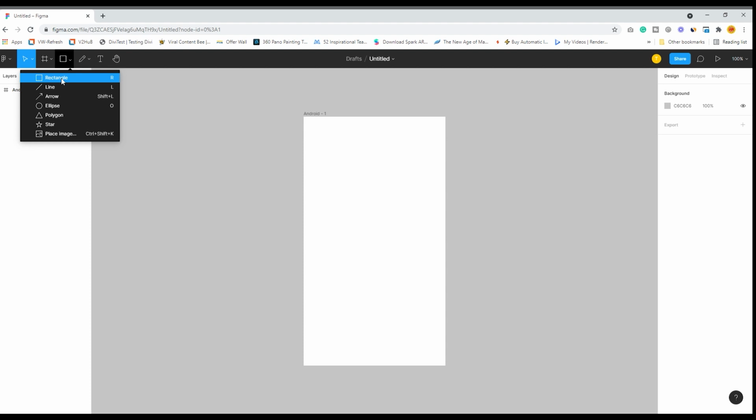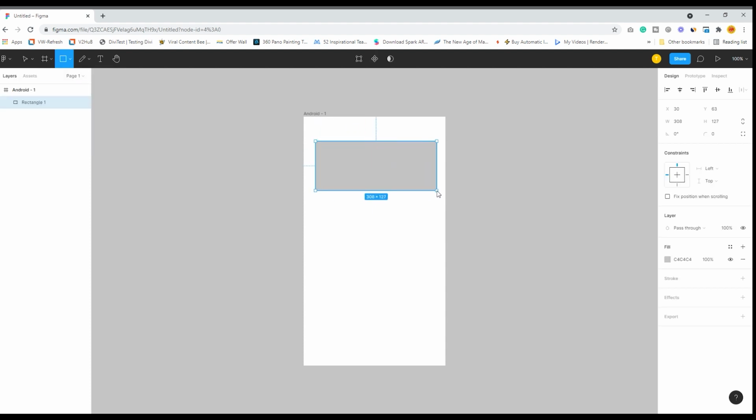So pretty simple. If you click on the rectangle, you create a rectangle. If you see, as soon as I created a shape, immediately my mouse pointer has changed into the move tool, which is very important. So as I told you, the move tool is the key. That's the reason it is the first tool, that whatever you do in this particular space, your move tool is absolutely important.